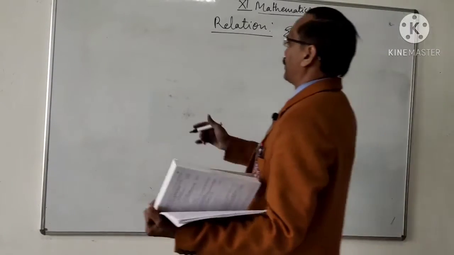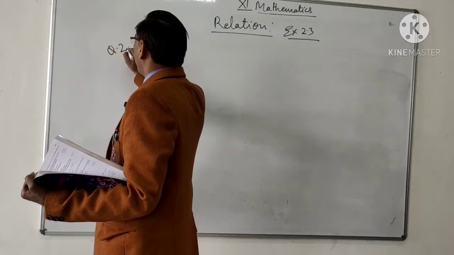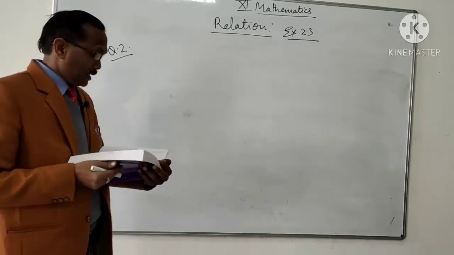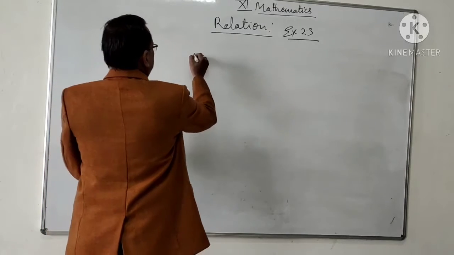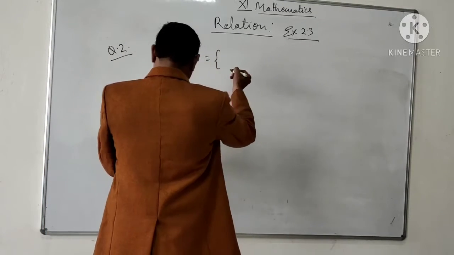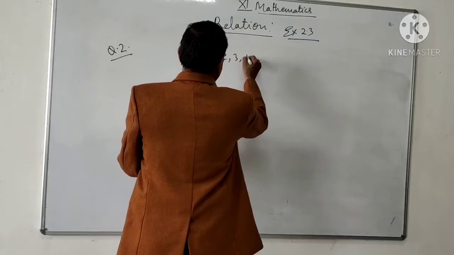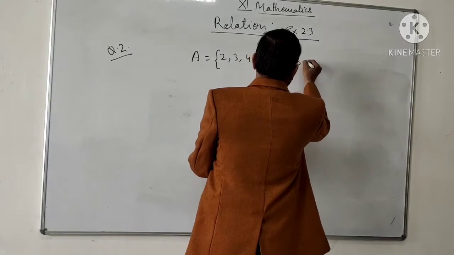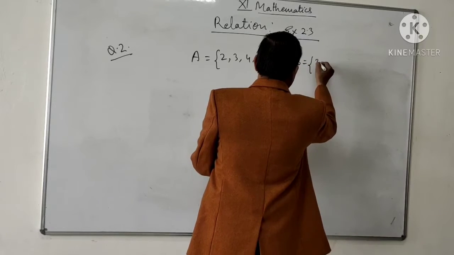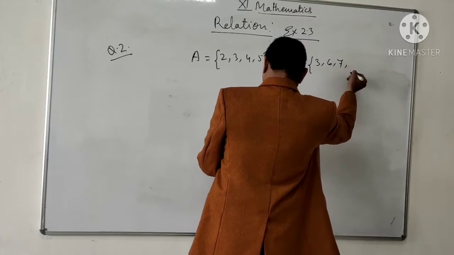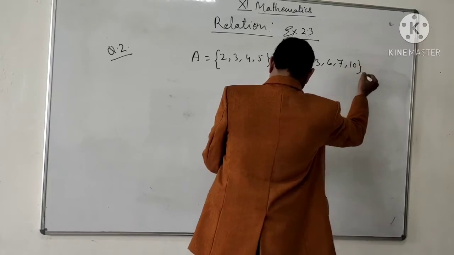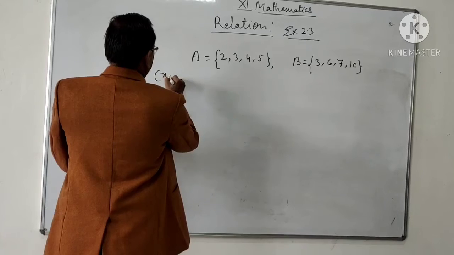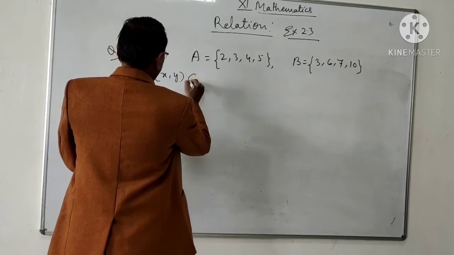Student, now question number 2. Question is, a relation R is defined from the set A, which is 2, 3, 4, 5, and set B, which is 3, 6, 7, 10, as follows, here x comma y belongs to R